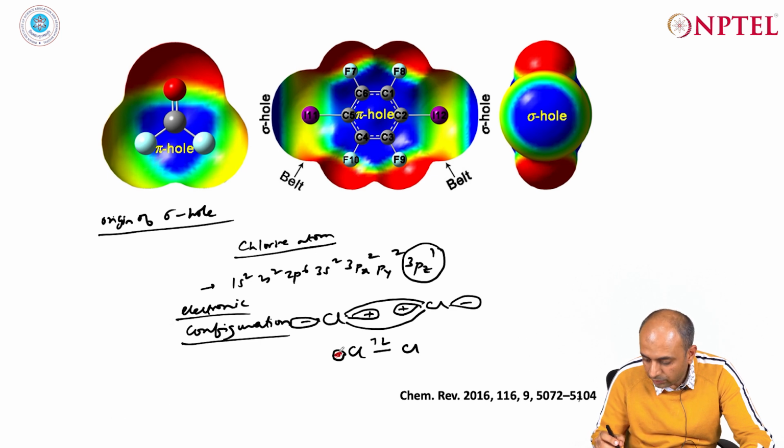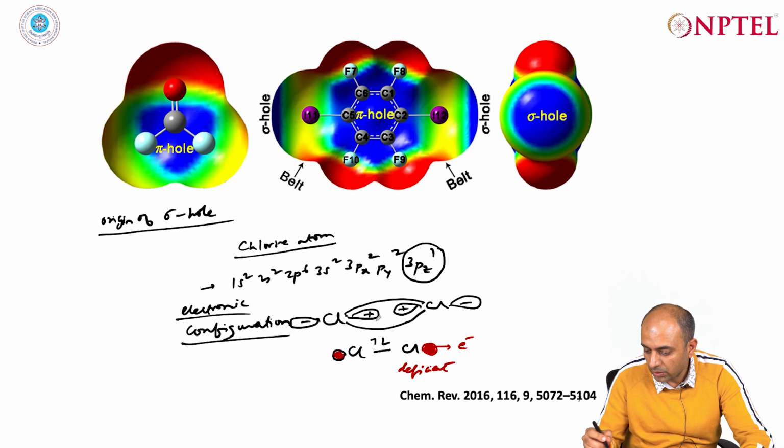So, along the bond axis you will see there is a region on the chlorine atom which is electron deficient,